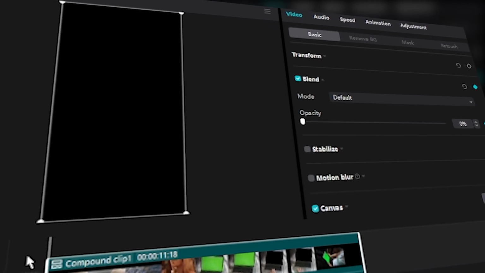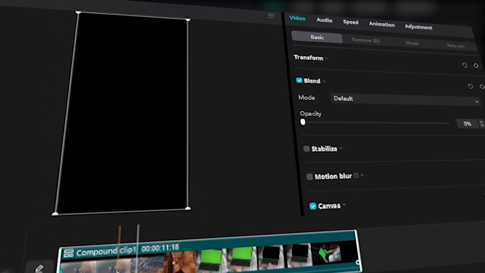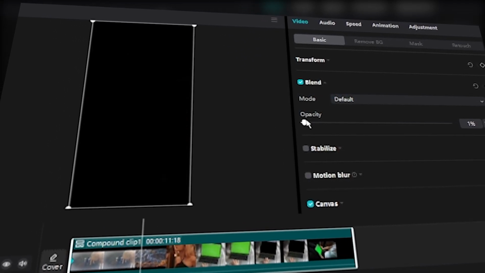This tutorial will show you how to fade in video clips in CapCut PC, online free video editing software, completely